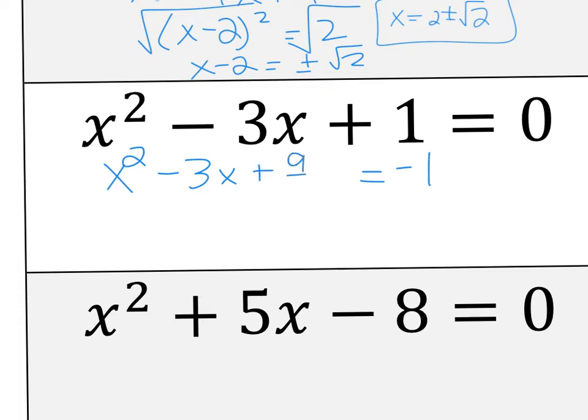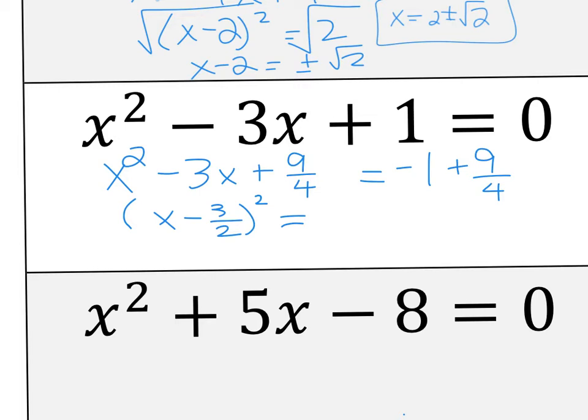Now, the reason I'm going to keep it 9 over 4 is because it's easier to factor, and I also know that my answers have fractions, so I'm going to keep it as a fraction. So this is going to say (x minus 3 over 2) squared, because half of 3 is 1.5, so you could also have 1.5 in there. And then 9/4,